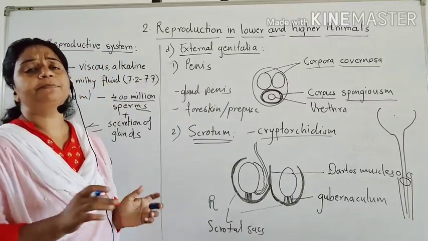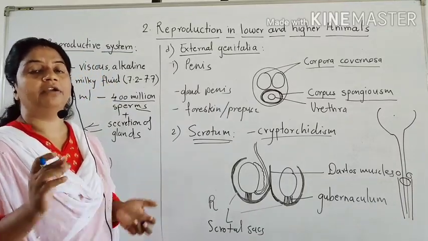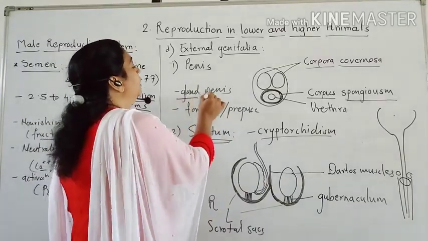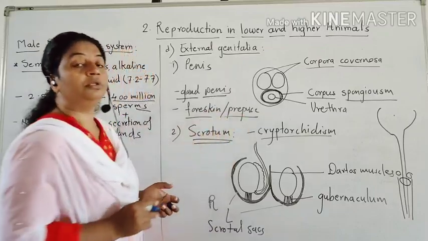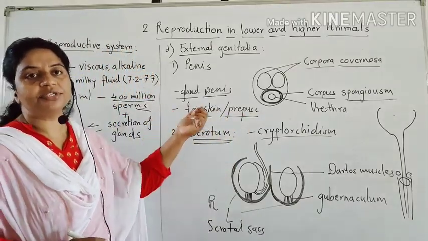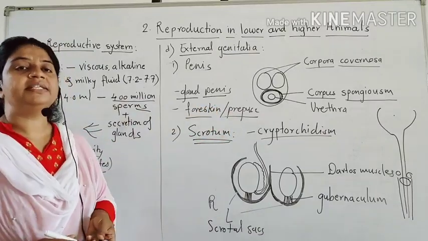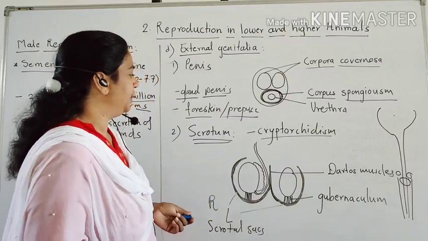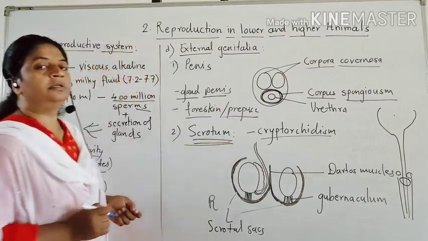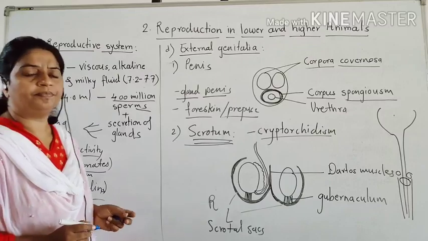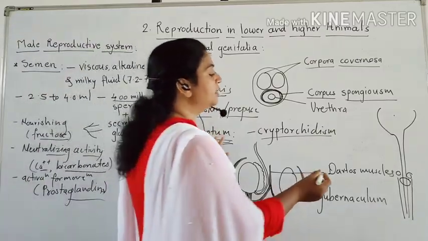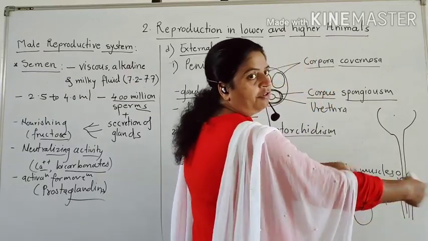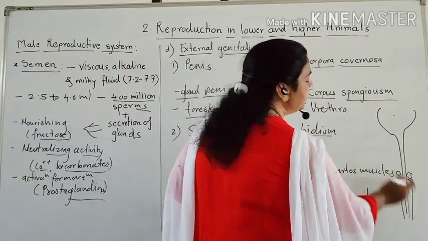The last part of the penis becomes enlarged and forms a triangular swelling called the glans penis. This is covered by a loose fold of skin called foreskin or prepuce. And this glans penis is more activated at the time of ovulation. Then the second external genitalia is the scrotum. In the diagram we draw the scrotum